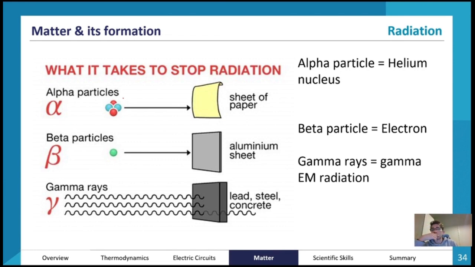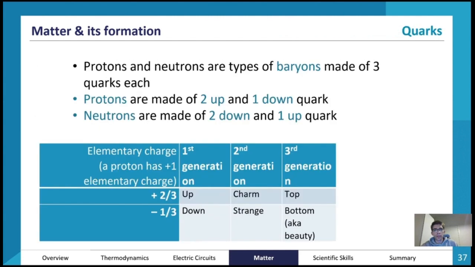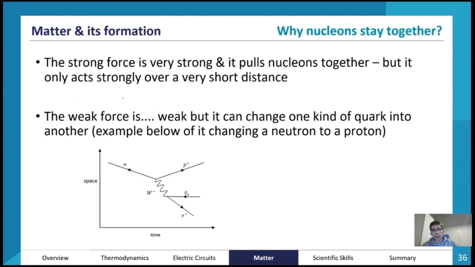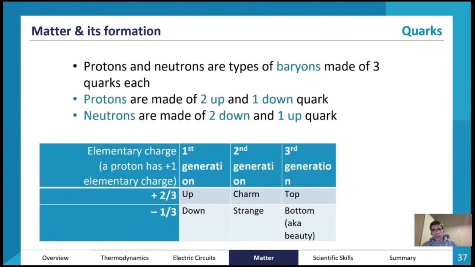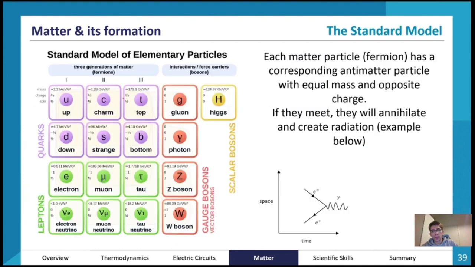Alpha particles are the same as a helium nucleus. A beta particle is similar to an electron. And gamma rays refer to electromagnetic radiation. I'm going to come back to that. But basically, what you will learn more eventually is that elementary particles are not just protons, neutrons, and electrons. There is also something that we call